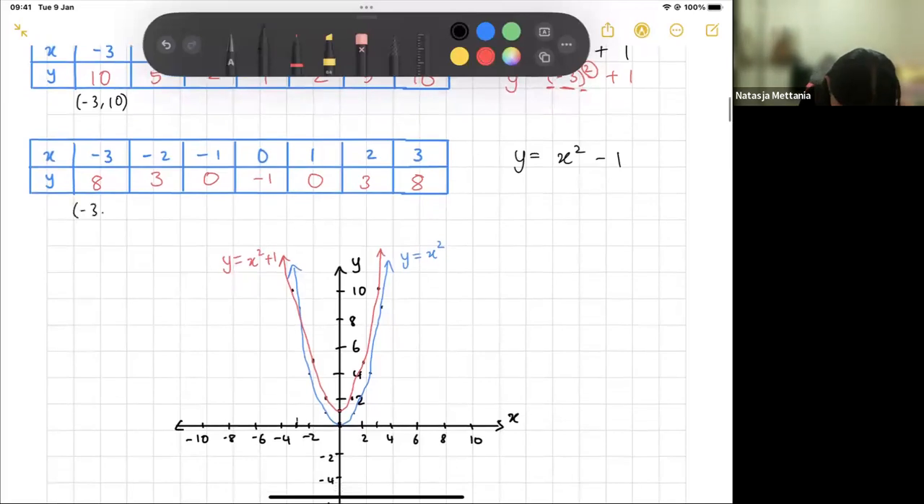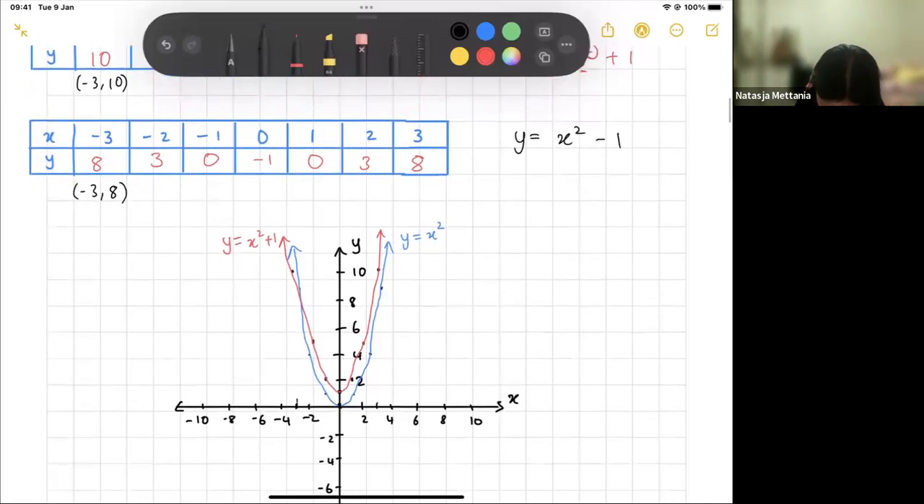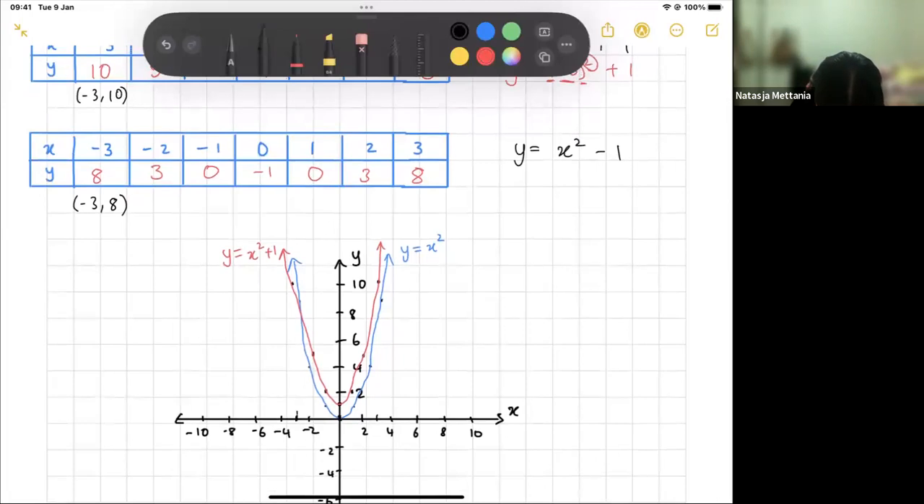-3, 8. So I'm going to start off at -3. -3 and going to 8 should be around here. -2, 3. Then -1, 0. 0, -1. Around about here. 1, 0. Then 2, 3. About here. 3, 8. So I'm going to use my green, and I'm just going to